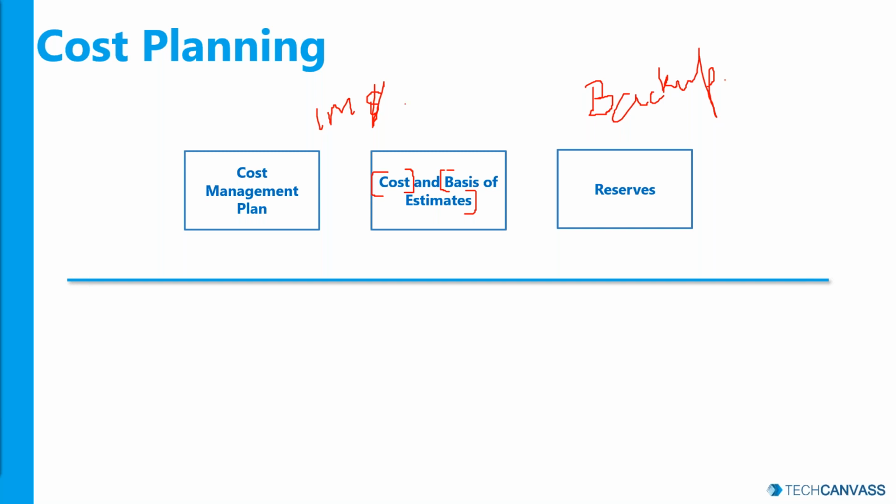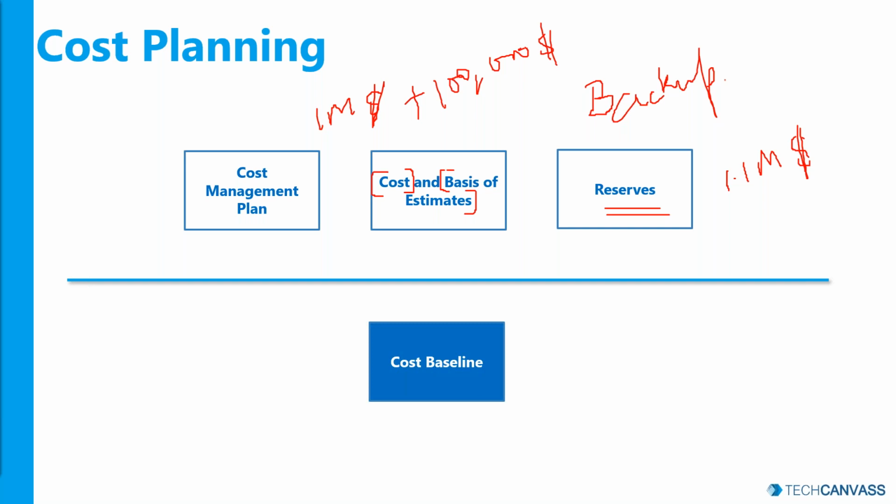Based on your calculation, if the risks come to roughly, let's say, $100,000, your project budget is considered to be 1 million plus 100,000, which is $1.1 million. So reserves are very important at that point in the project. Whatever risks you identify in the project, quantify them in terms of cost, add that to your estimates, and that becomes your project budget. So reserves are also part of your cost planning.